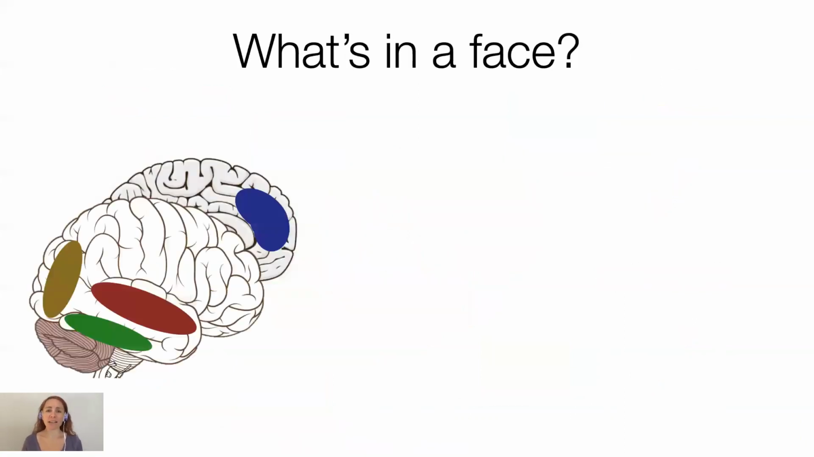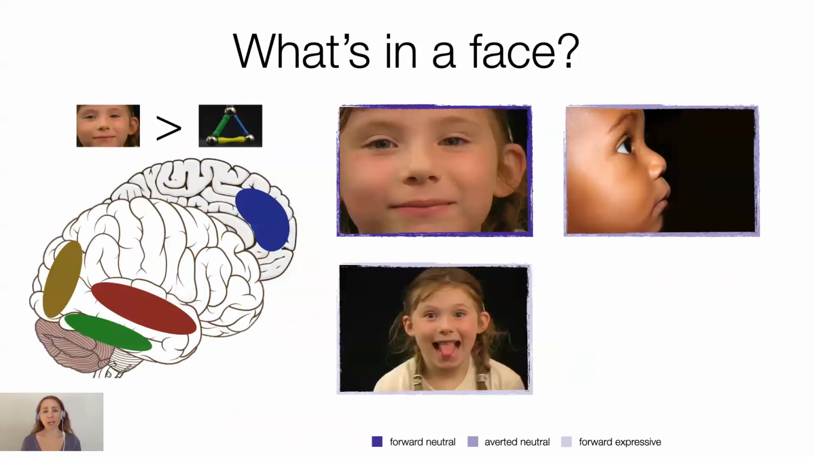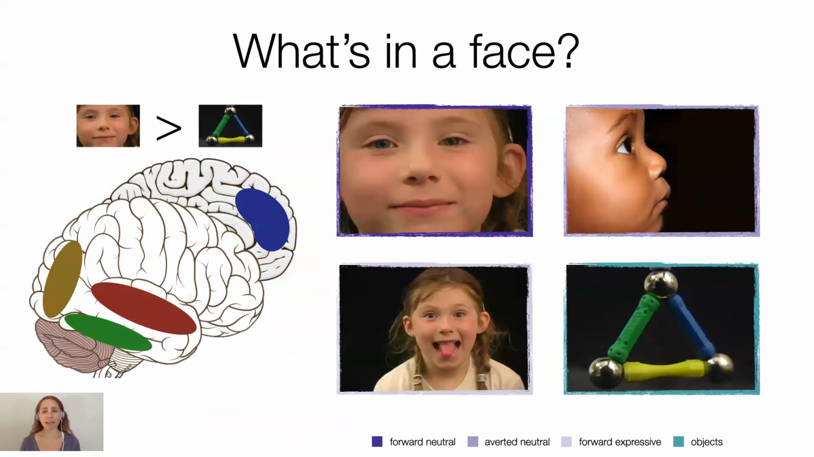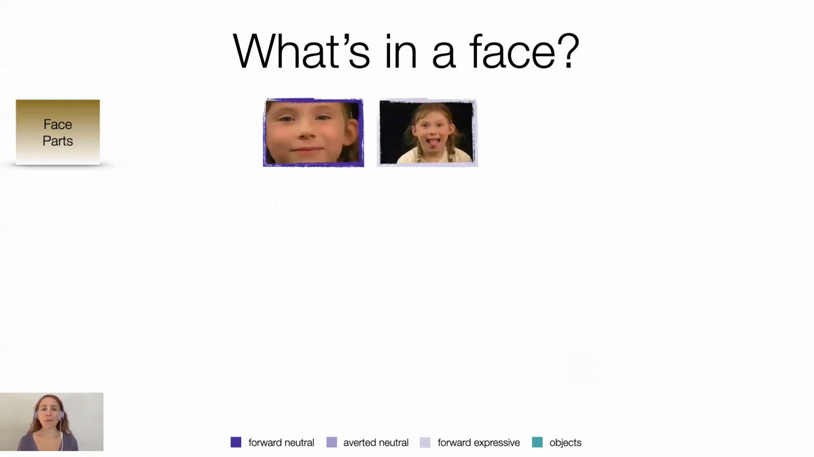To answer this question, we looked at how each face ROI responded to 3 different face conditions: forward neutral faces, averted neutral faces, and forward expressive faces compared to objects. In a region that processes face parts, you might expect that frontal views, in which eyes, nose, and mouth are in canonical locations with typical shapes, would have a high response, whereas faces with a side view, and thus a different shape for the eyes, nose, and mouth than what is typically perceived, would be lower